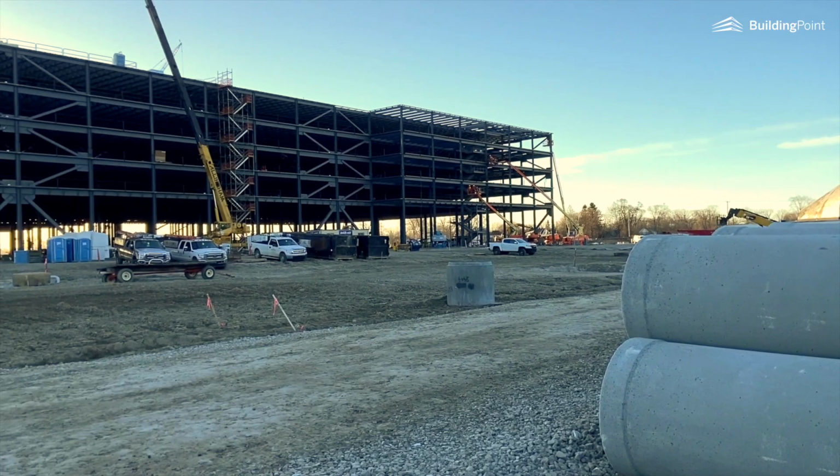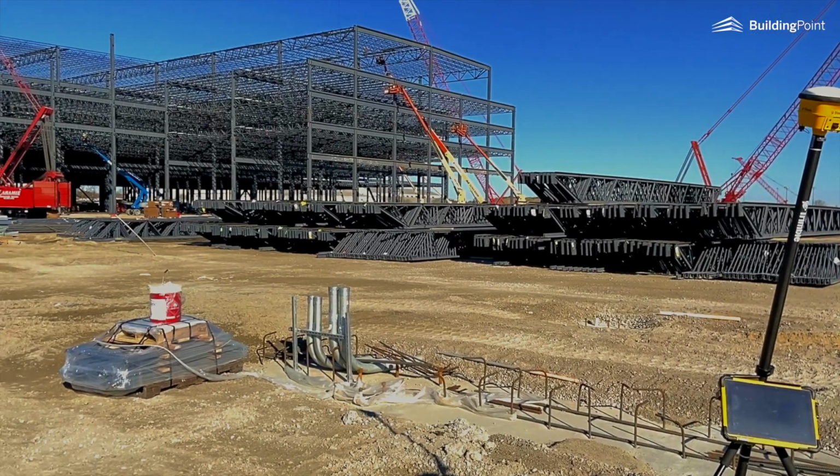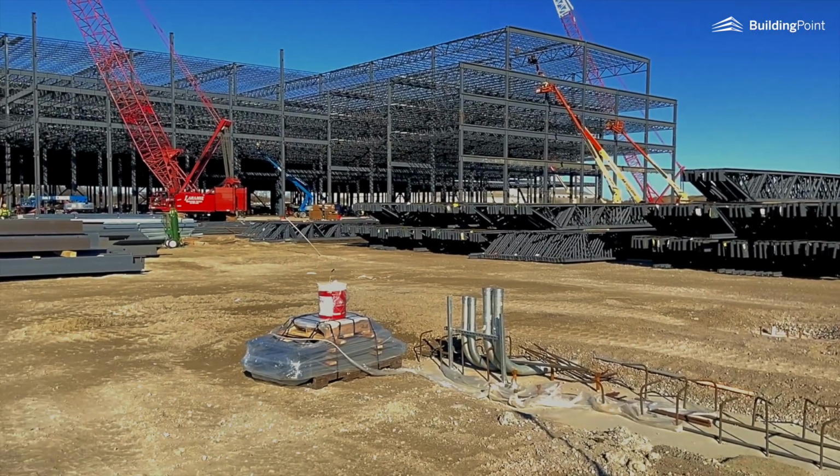Yeah, so this project was our first one in-house on a large scale that we actually used Bangits. We had actually gone through and coordinated all of our hangers on, say, first floor. When they go to pour the second floor slab, we go through and utilize the RTS to give us our different points on the deck. We then install the Bangits, and then they go ahead and concrete over all that. By doing so, it minimizes or eliminates the need to have to go up onto a scissor lift,